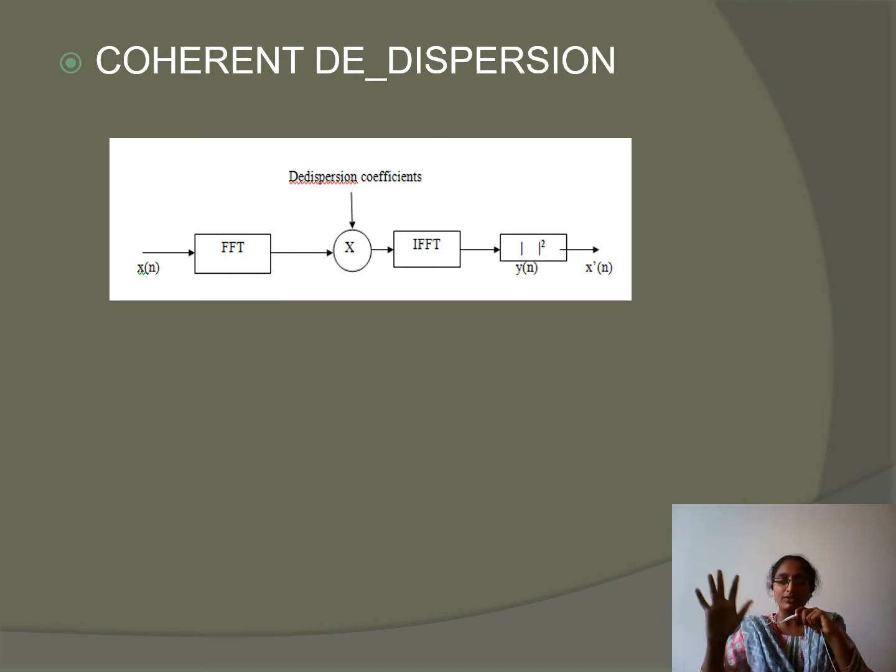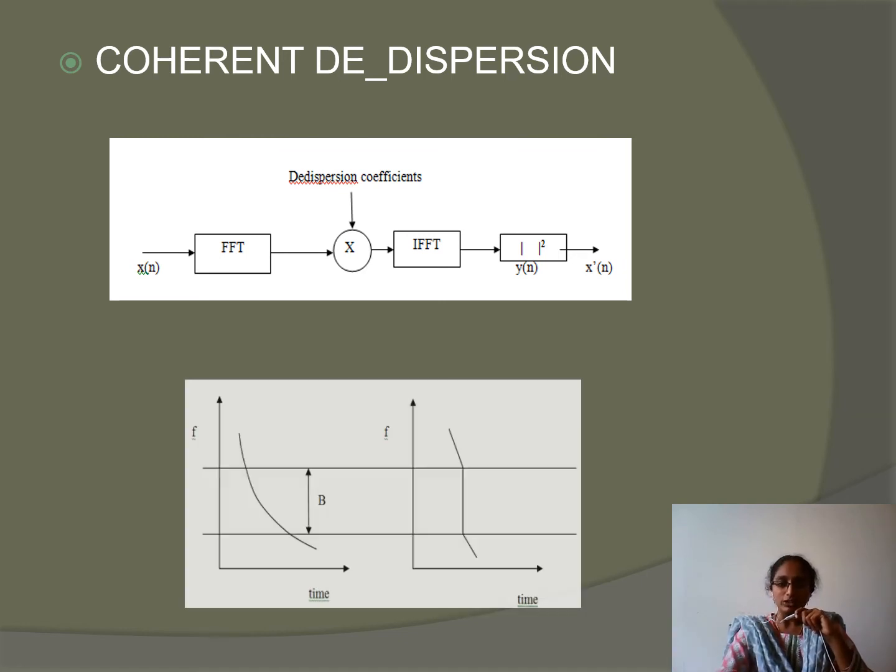Just get the coefficients of the transfer function, multiply those coefficients with the Fourier transform of the input data, and then apply the inverse Fourier transform. You will get back the expected signal. Once I do this, you will get the de-dispersed signal. So the complete band, where we said there is dispersion happening for the signal, that dispersion has now been completely removed. Remember, again I am repeating, only for the band of signal we acquired, or for the band for which we developed our transfer function, not for the remaining part of the frequencies.